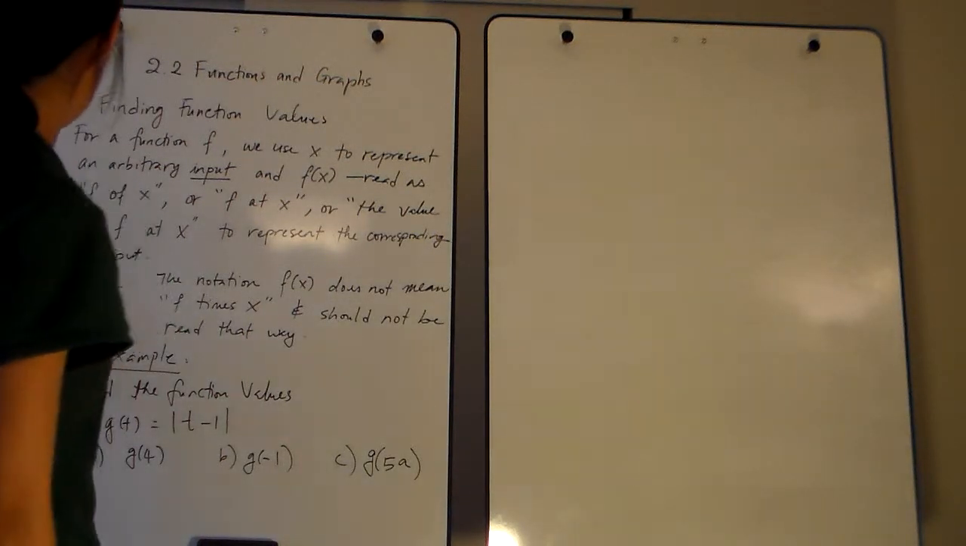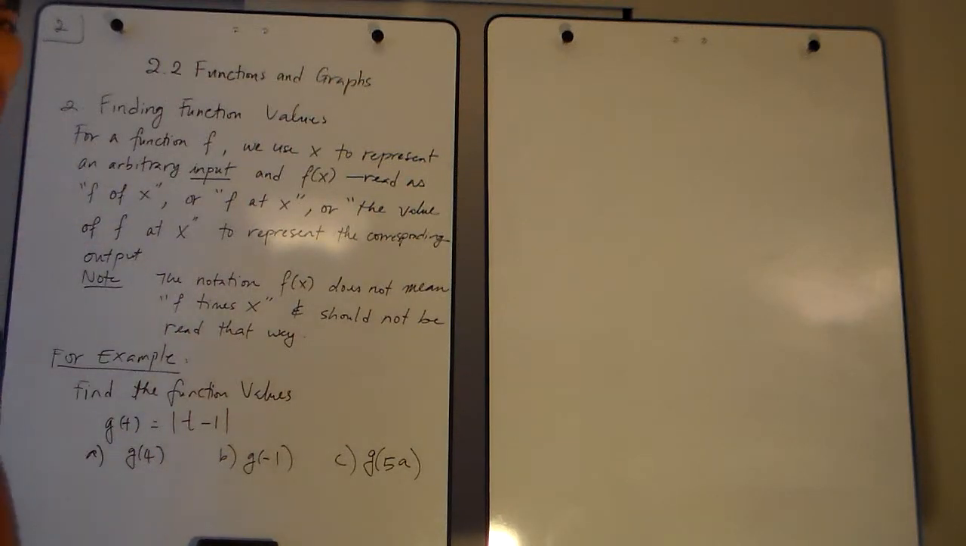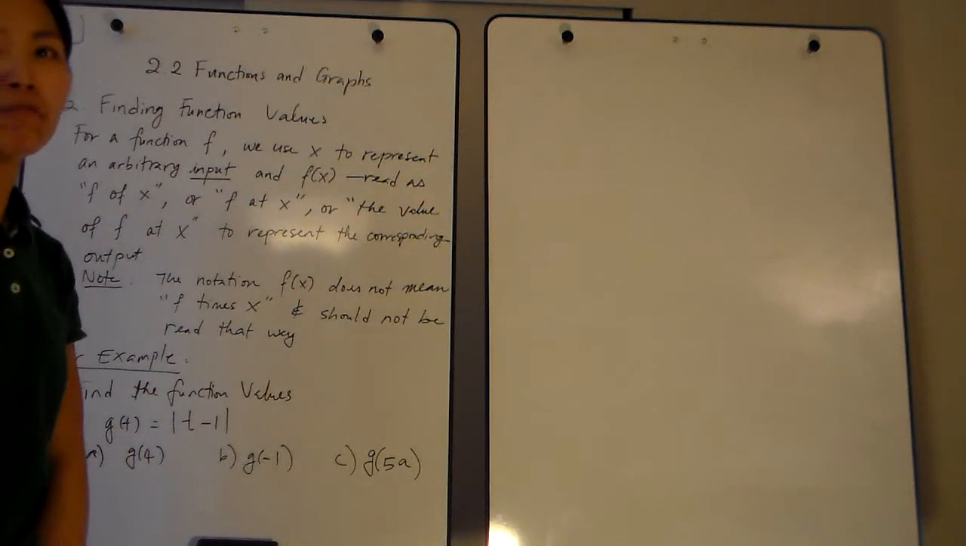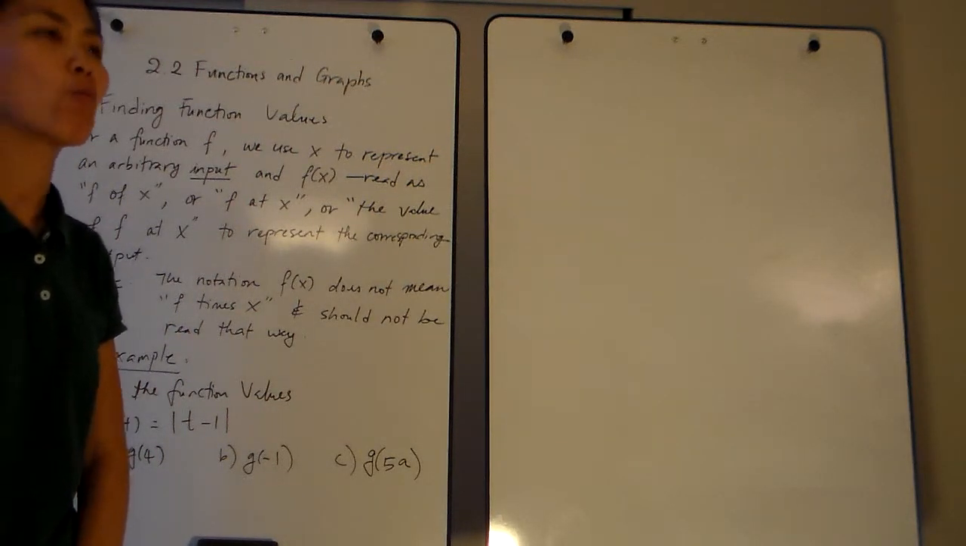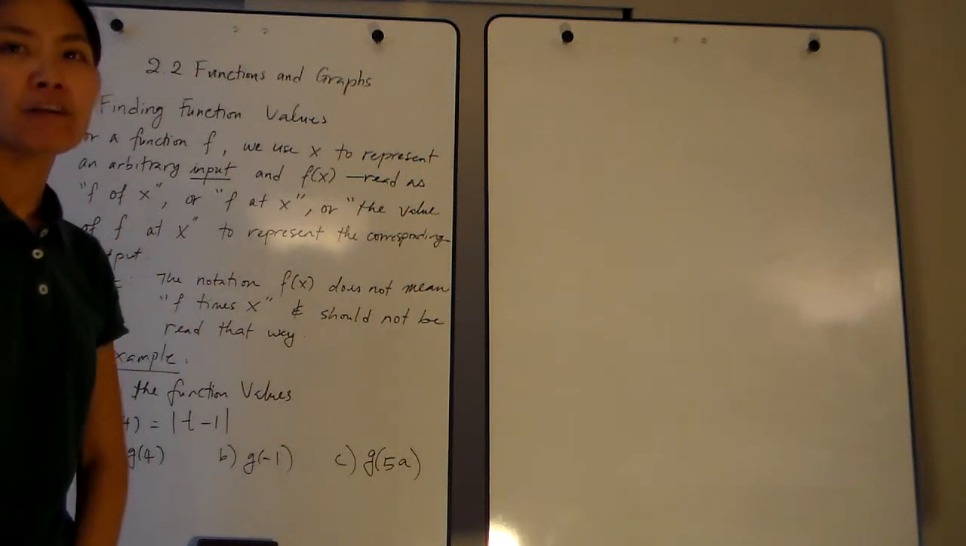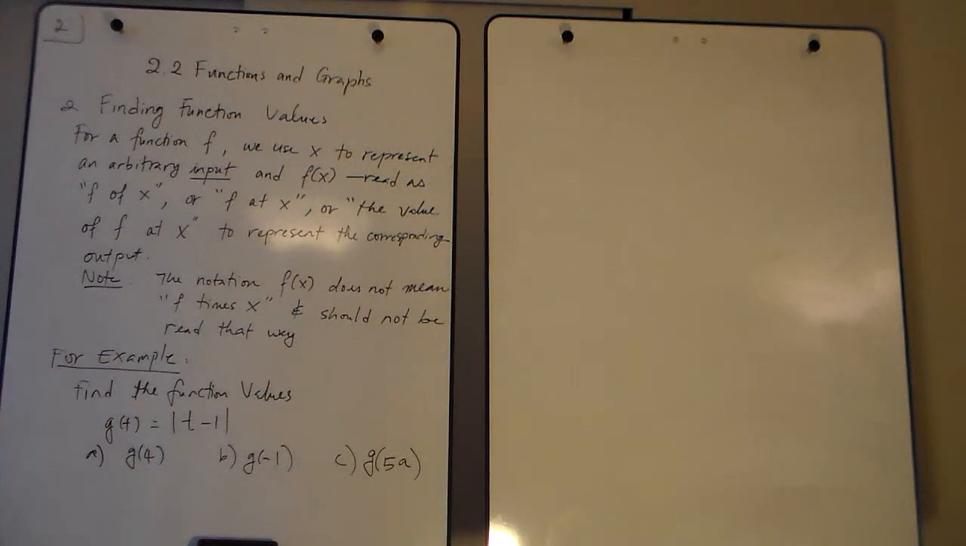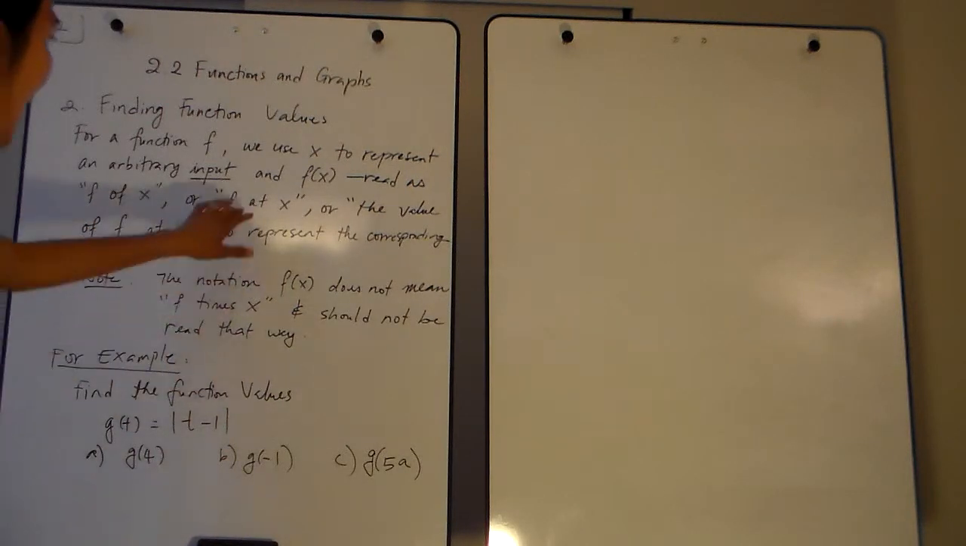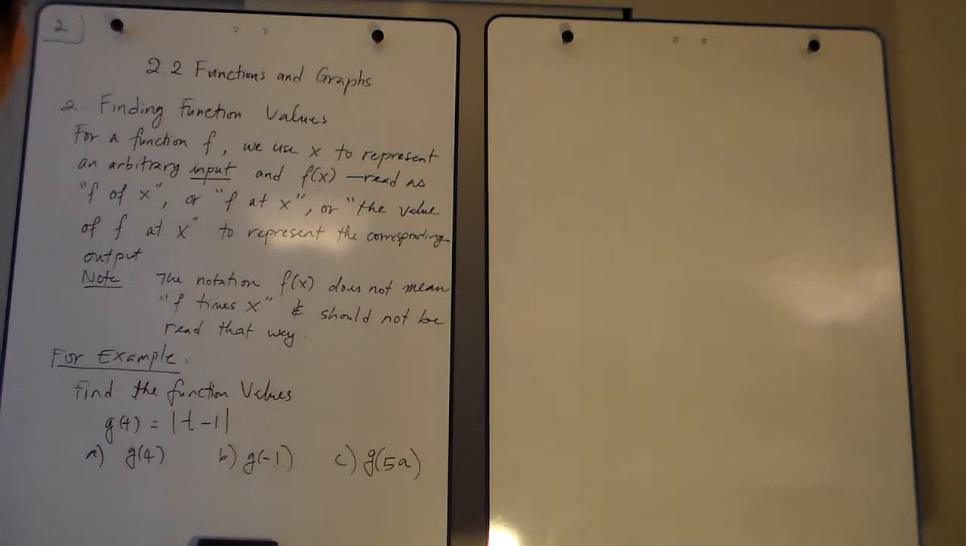Okay, we'll talk about number 2 right here, finding function values. So earlier we defined what a function is. Now we evaluate and find the value of the function. The definition is, for a function f, we use x to represent an arbitrary input, and f of x, read as f of x, or f at x, or the value of f at x, to represent